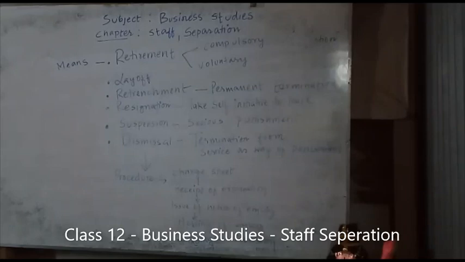Come to the third, that is retrenchment. What does that mean? It is the permanent termination of an employee's service for economic reasons in a going concern. Maybe the company is going to shut down, maybe the company is going to close, so the employer has nothing to do but to ask the employees to leave and to permanently terminate them from the job. This particular retrenchment is due to economic reasons.